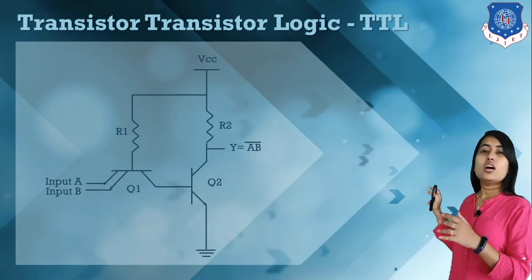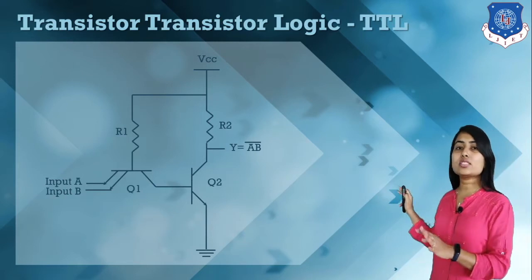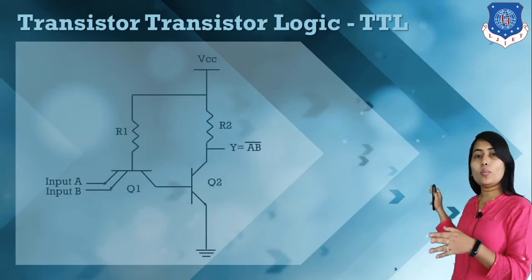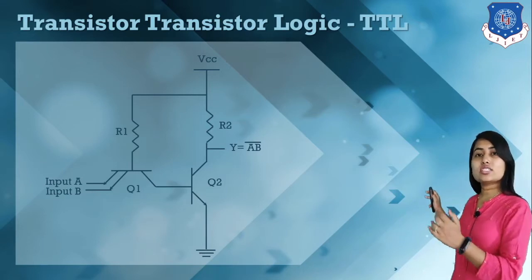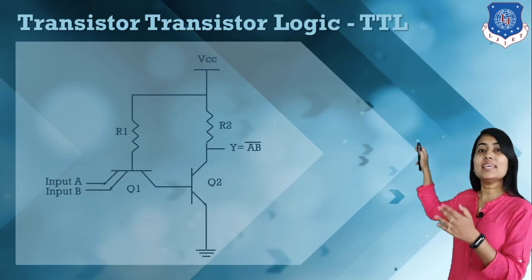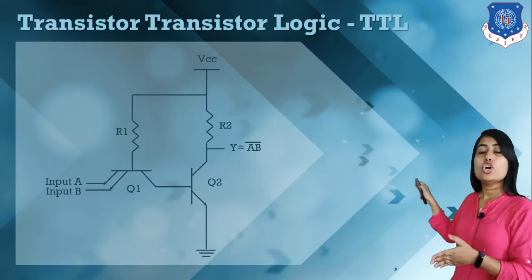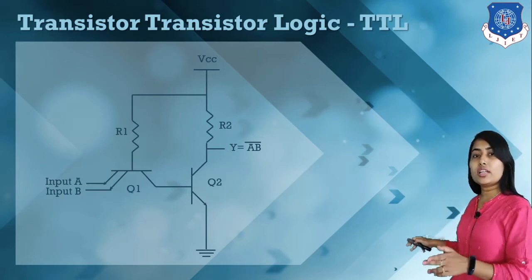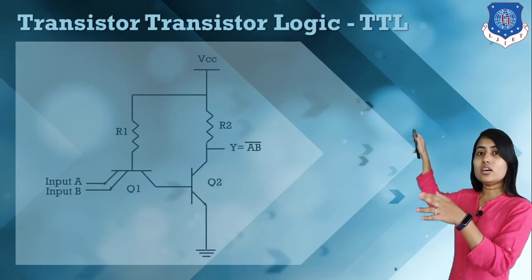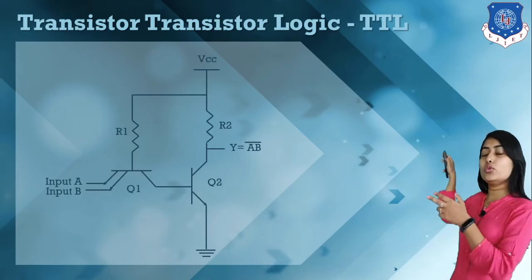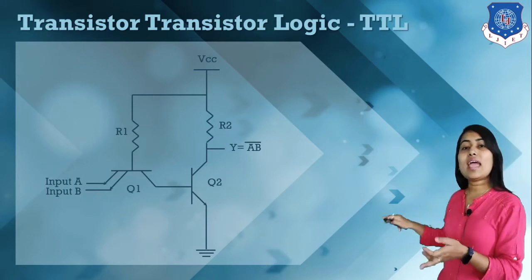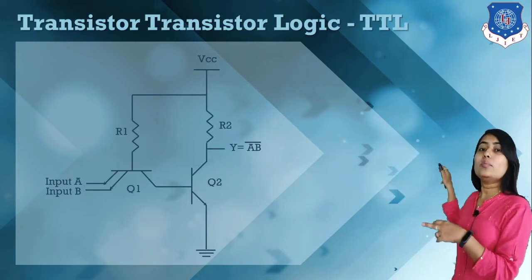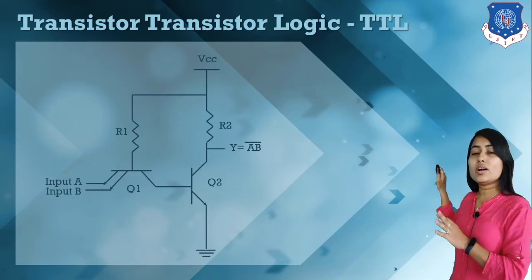Basically, Q1 is switched on, so there is a complete path, but for Q2 there is no path, it is cut off. As the power supply VCC is applied like this, there is no path for it to flow to the ground. So all the voltage applied at VCC flows to the output side at Y. When any input is 0, the full voltage VCC is present at the output side, and no power supply is grounded.